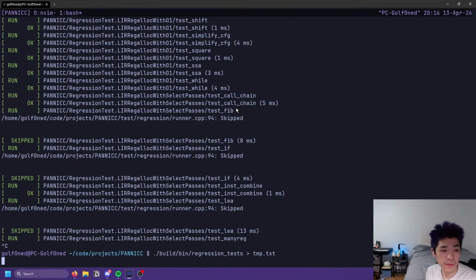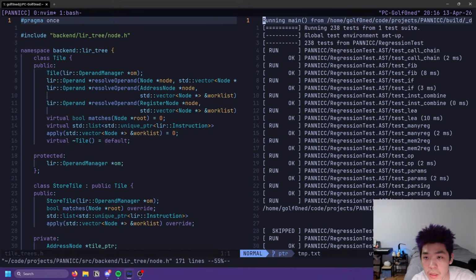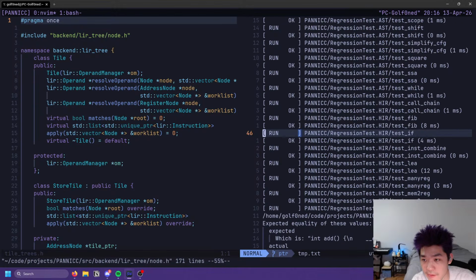Hopefully that's better. Yep, still waiting for paint to dry. Yep, still waiting. Okay, we're not waiting anymore. That's fine.